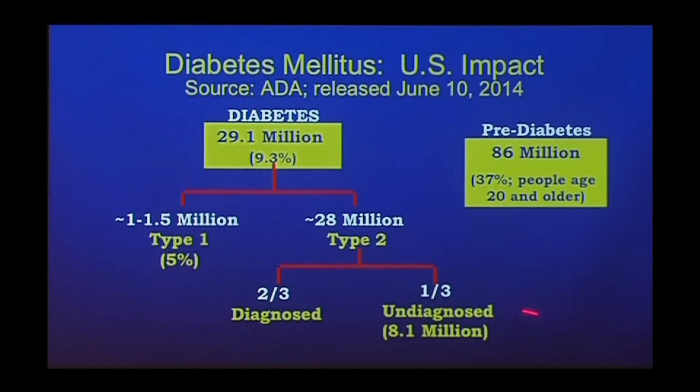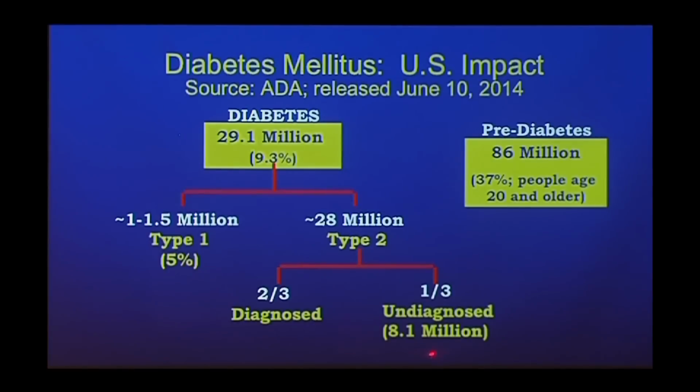We also have a large proportion of the population that are estimated to have type 2 diabetes but actually don't know it. It's undiagnosed. And there are many reasons for this, but we need to do better at actually diagnosing diabetes. And then there's this whole other category called pre-diabetes. And these are people who are at high risk of developing type 2 diabetes. And you can see this is also a very large percentage of the population, almost 37% of adults. So you can see that diabetes plays a big role in terms of chronic disease burden in the United States,